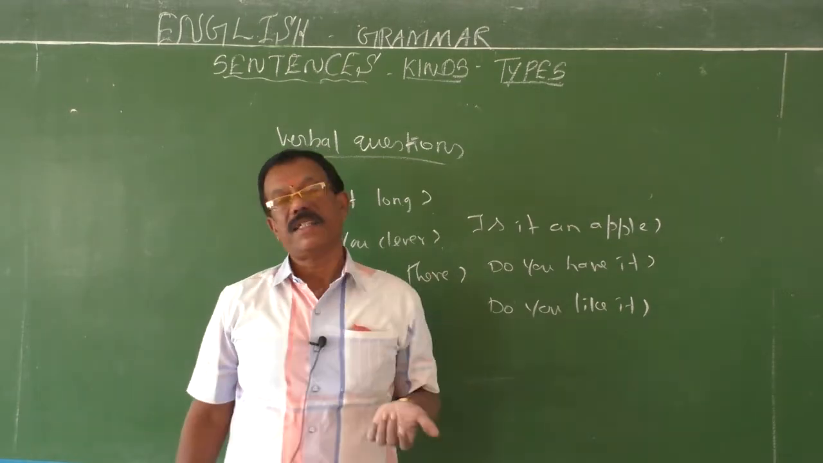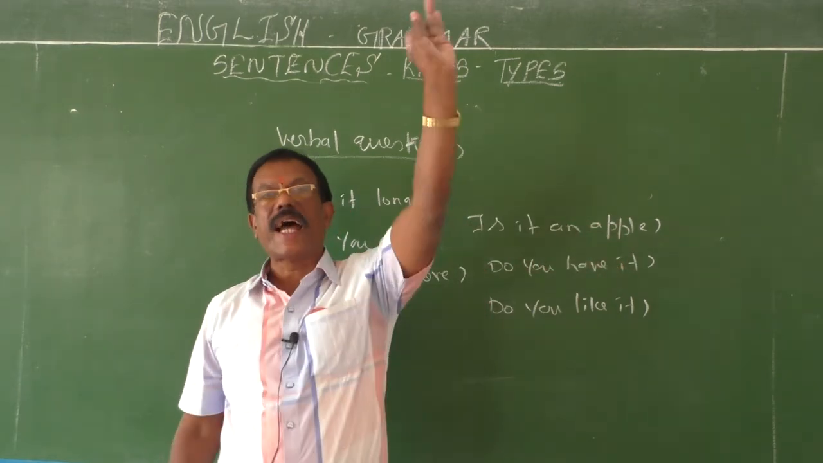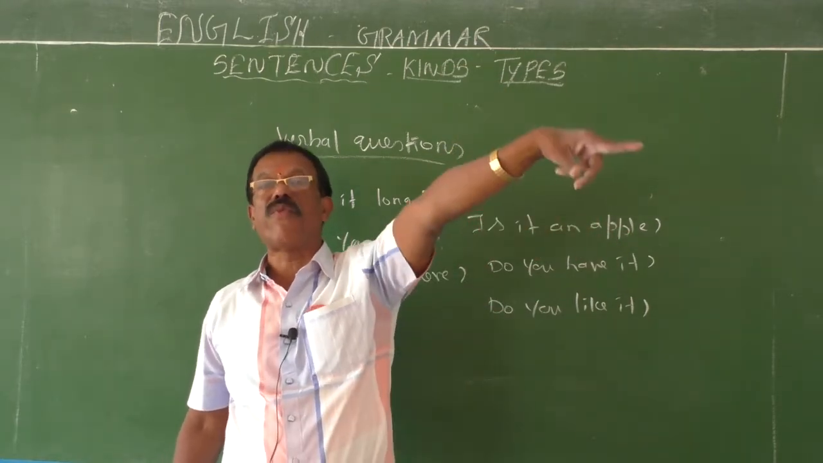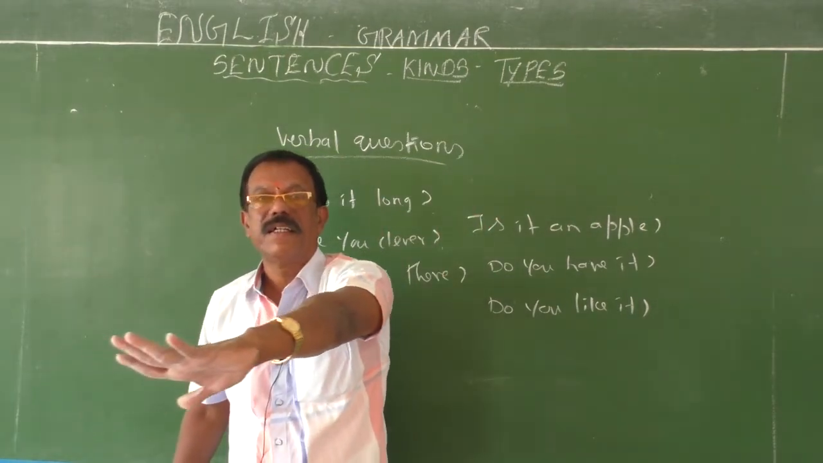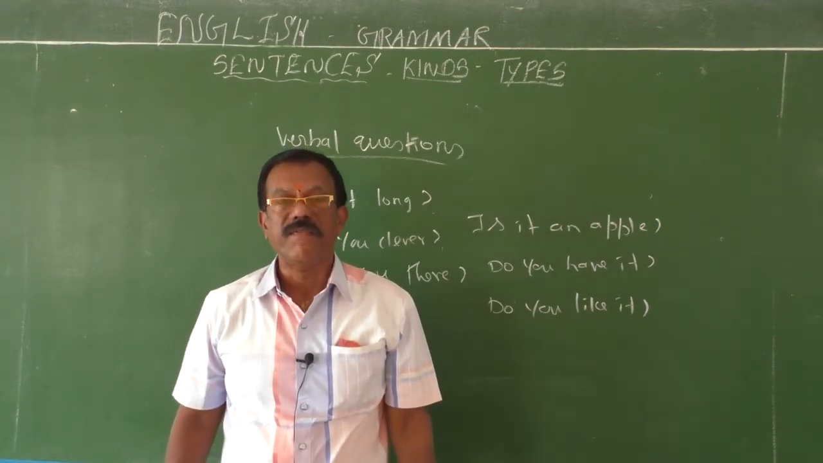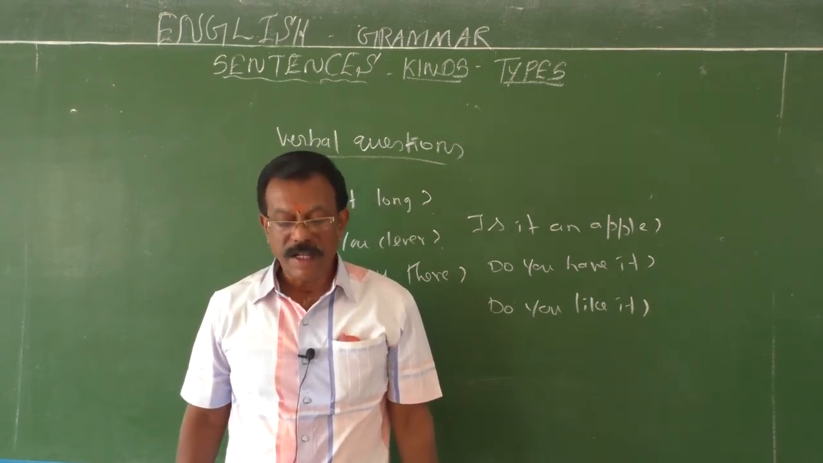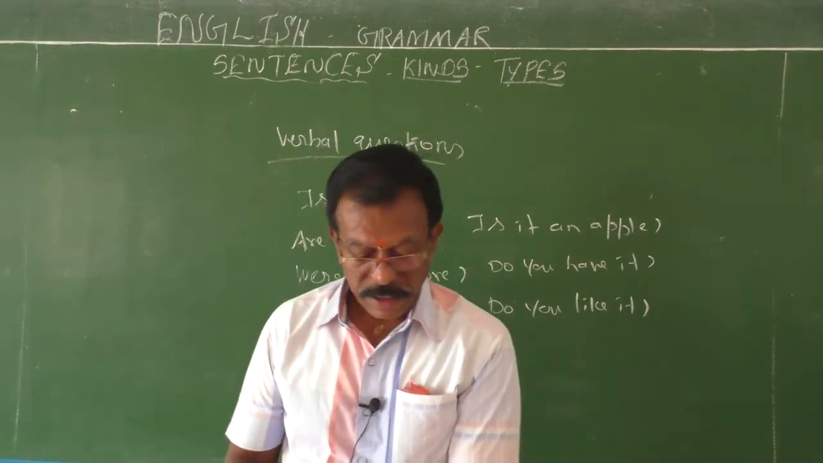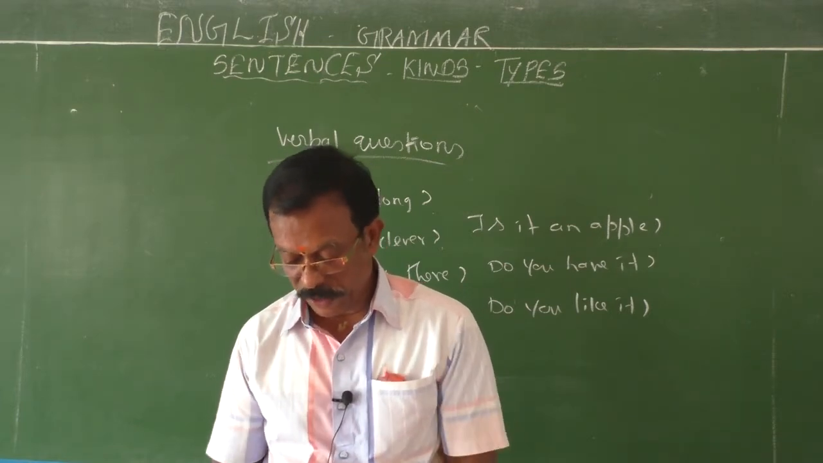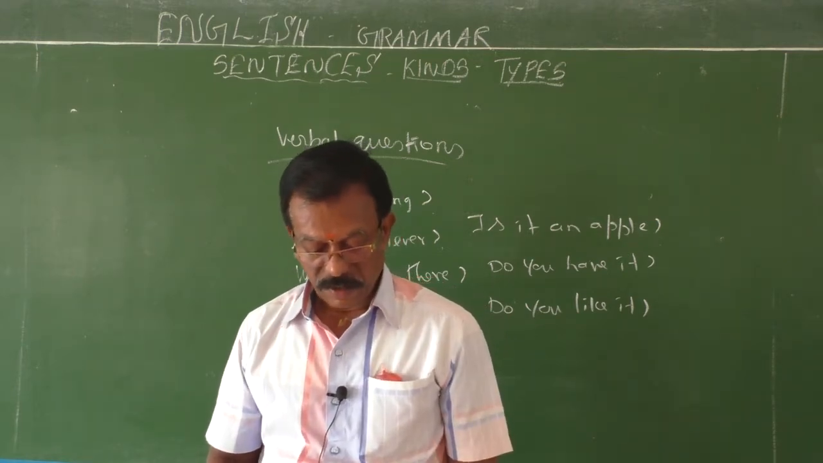Okay, fine. Other than that, you can use modals also to frame questions. Will, shall, can. Can you do it? Can you speak English well? Can you go fast? Can you swim in the river? So all are examples for interrogative sentences. They are called verbal questions because these questions begin with the verbs. Therefore, they are called verbal questions. See, so verbal questions, we use such types of verbs to frame sentences. Okay, next,